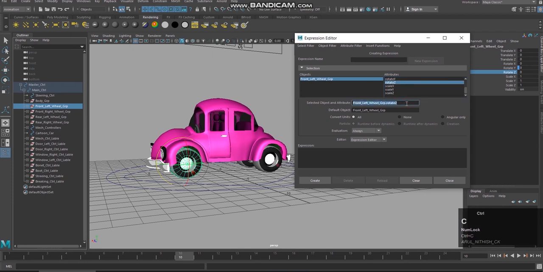Okay, so I can copy this and paste this in this expression editor, and I'm going to assign which control is going to control which attribute. Okay, so main control dot translate X.